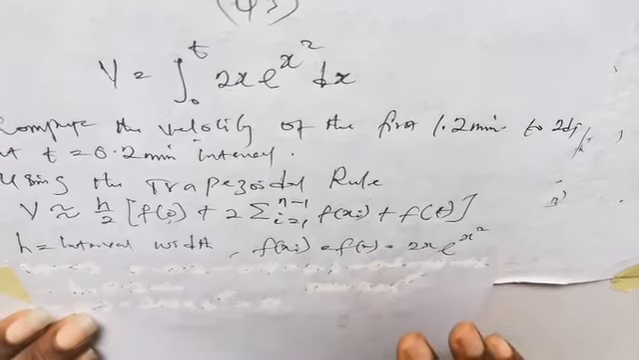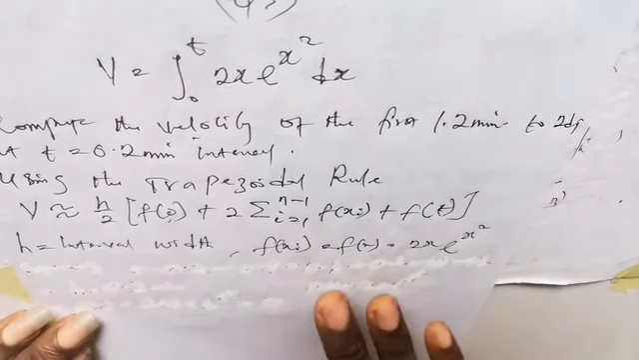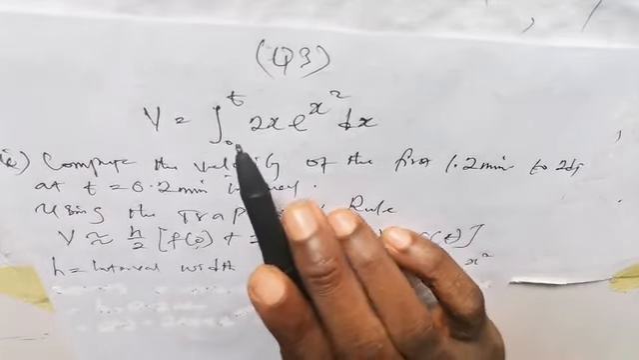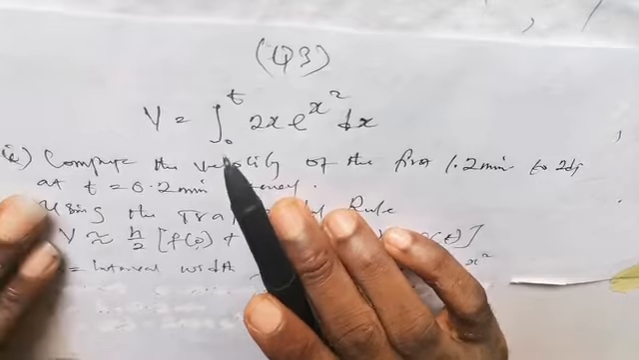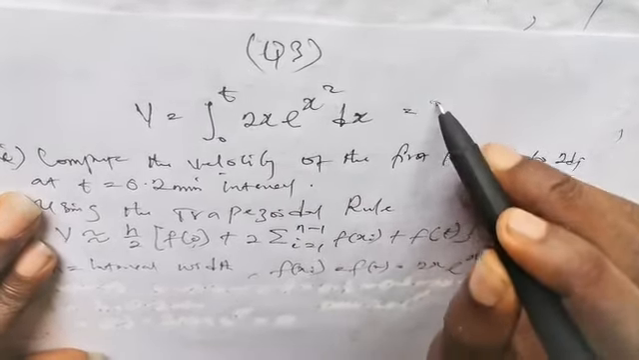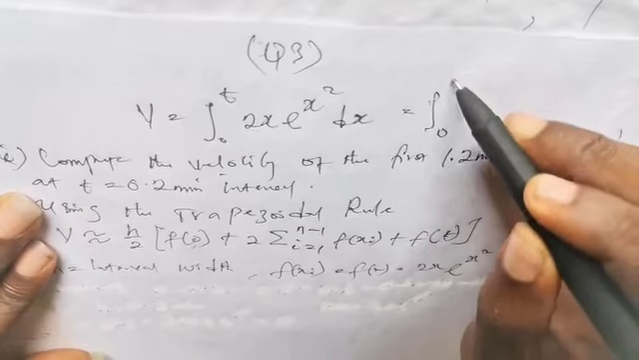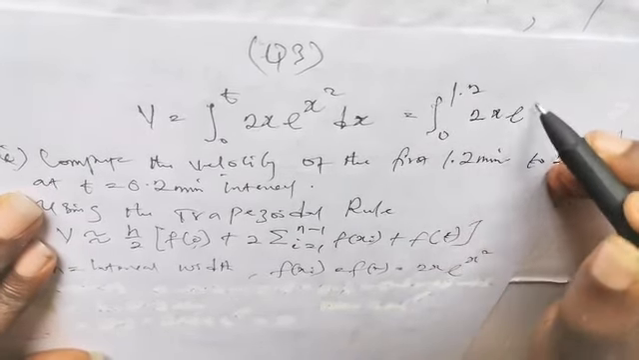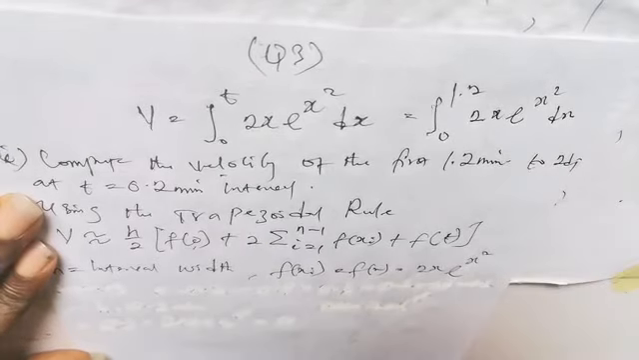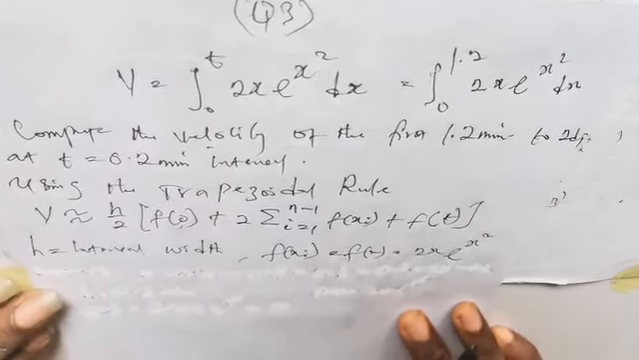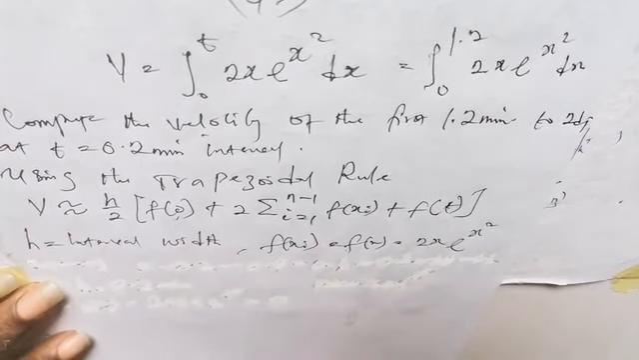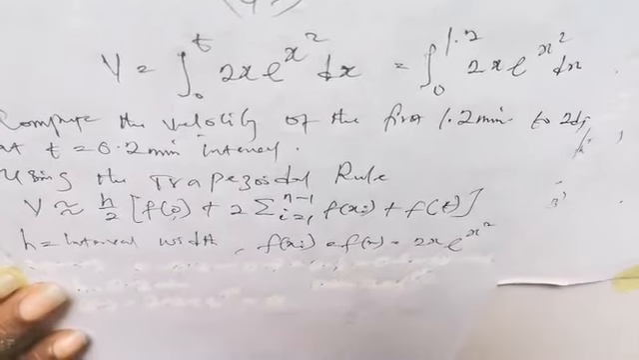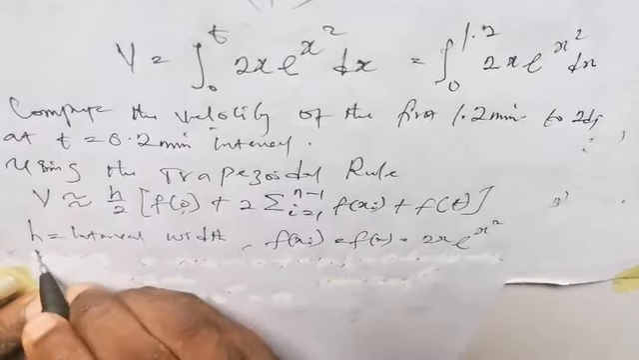Now, how do we get our intervals? Remember from the question, it started from integral from 0 to the highest value of t. The highest value of t was given to us as 1.2 minutes, of the given function 2x exponential x squared dx. But the interval width h was given to us as 0.2. So we must start from 0 to get to 1.2. Hence, your intervals become